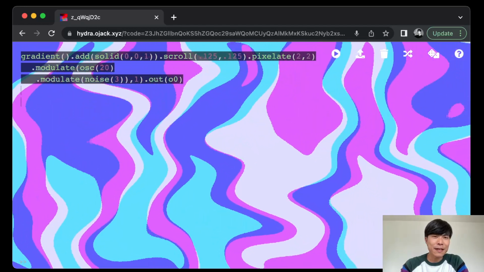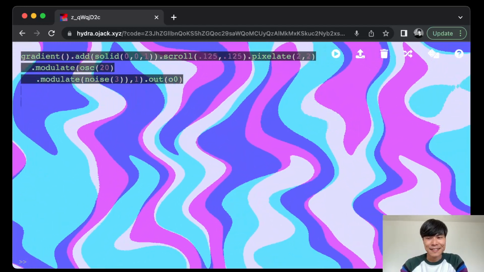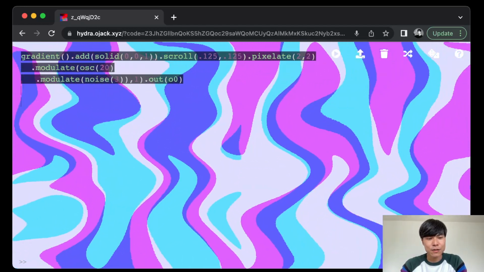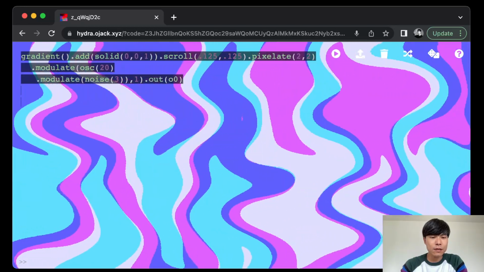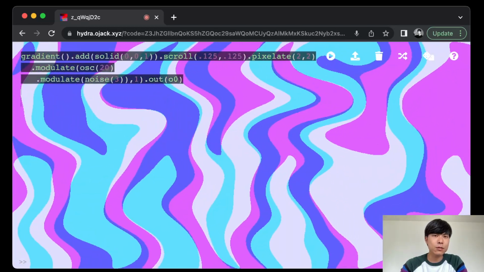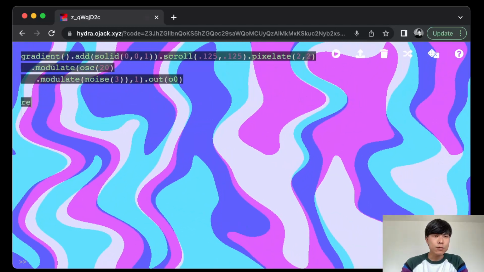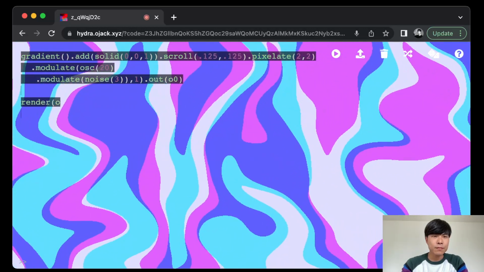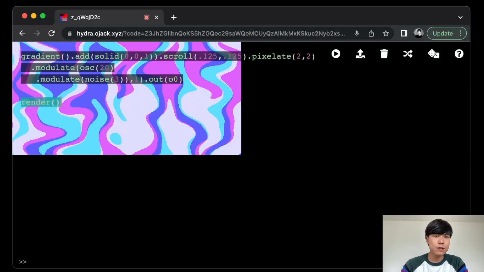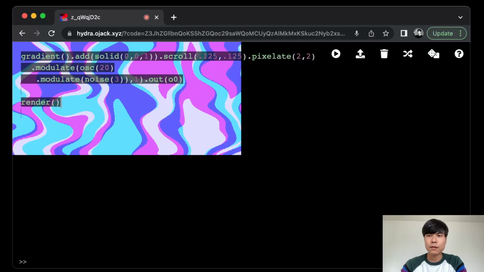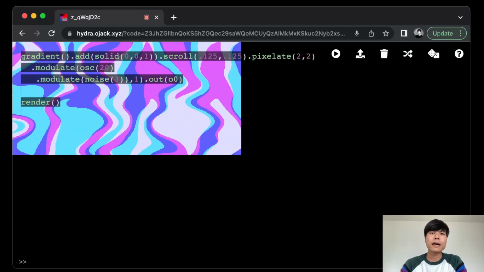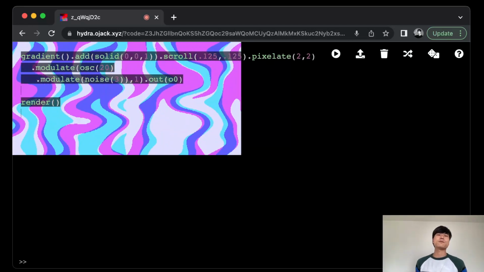I just made it by accident. And how do you do it? Control Shift Enter and then refresh the page. So now if you do render, you see just this, right? And yeah, I'm gonna make some variations of transition